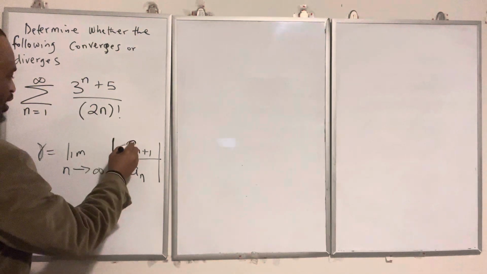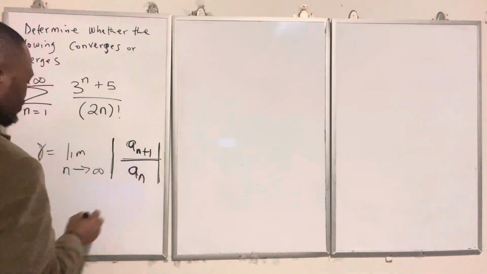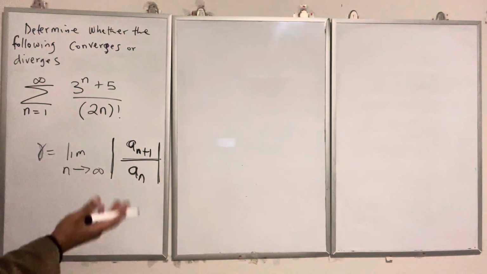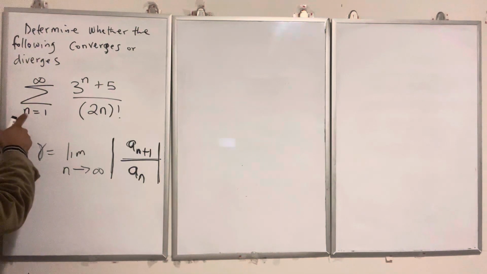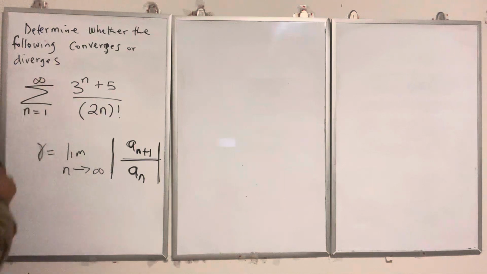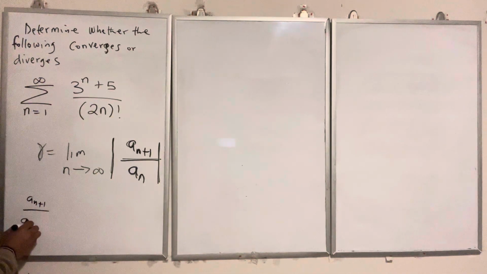We'll have to take limits since we're taking a sum from 1 to infinity. So the first, a(n+1) over a(n), will be equal to